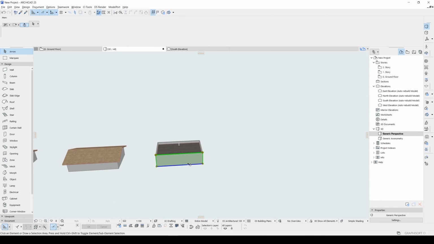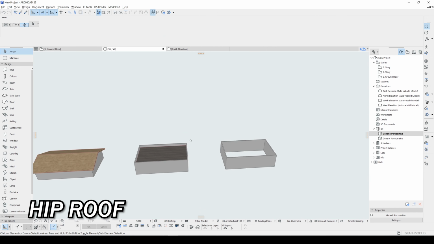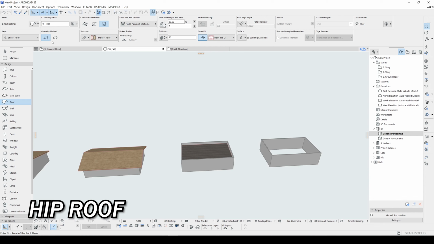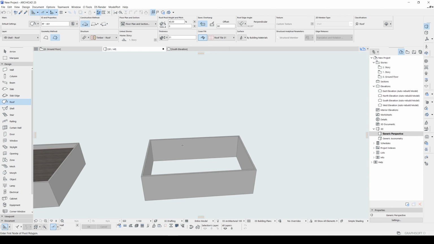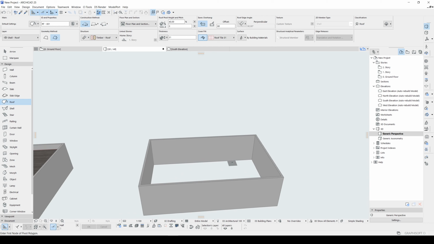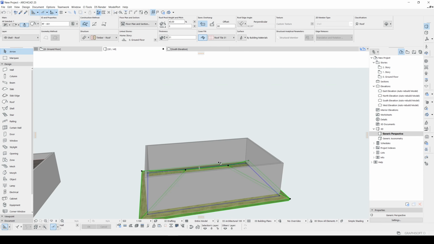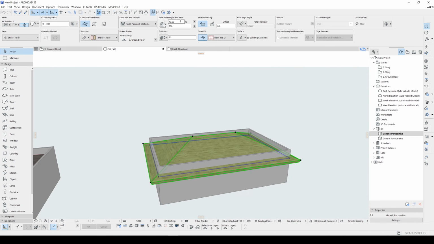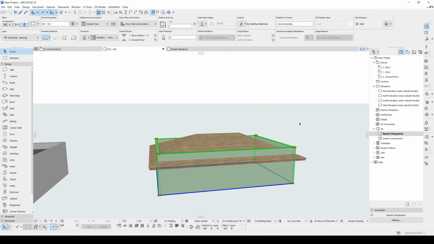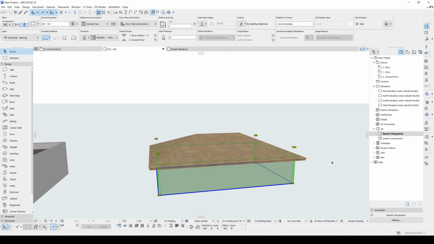Okay, moving forward, let's go to the hip roof. Let's copy walls and pick up our roof. The geometry method will be this complex, and you can click one by one, or you can hit the spacebar and click inside. It will be automatically created, and our elevation, of course, will be 3 meters, and these walls will be cut out from the roof as before.